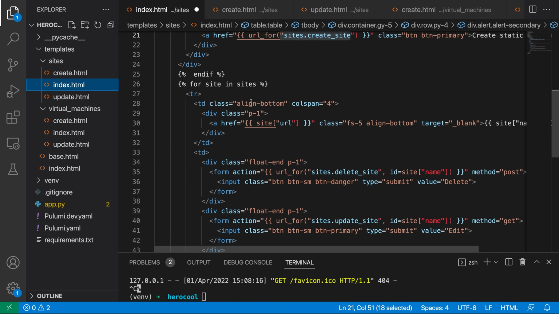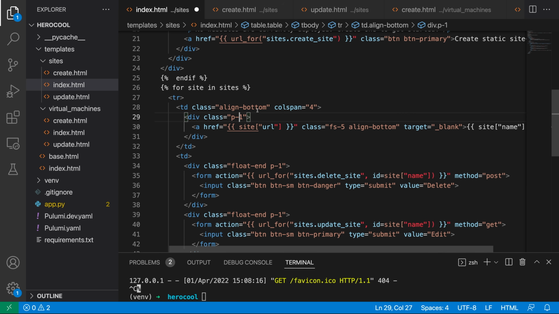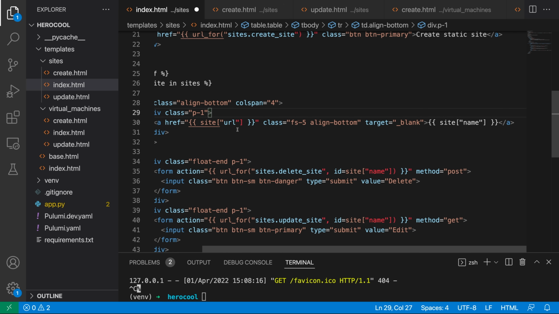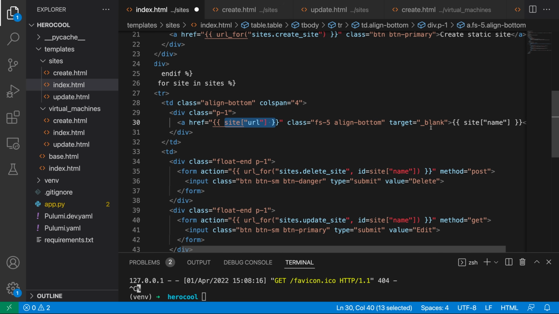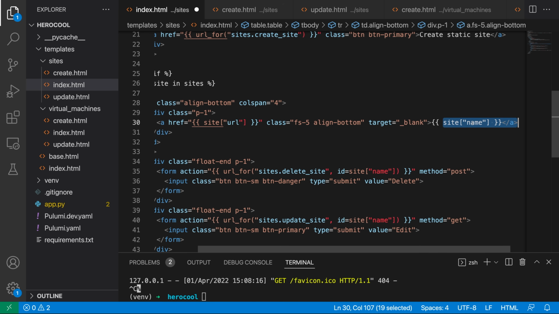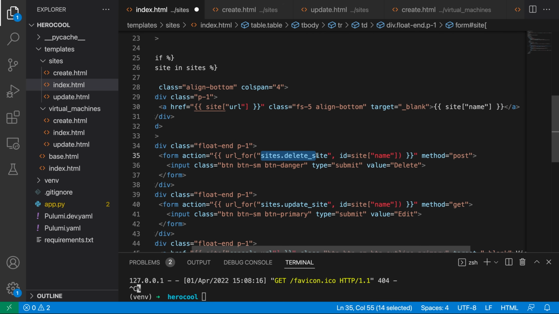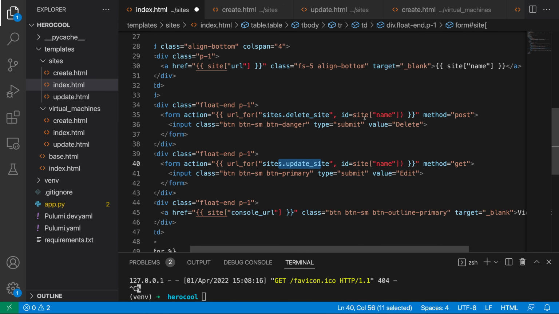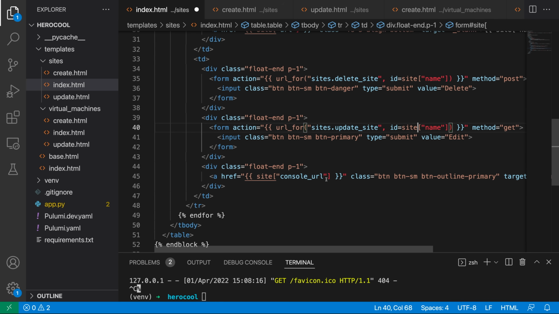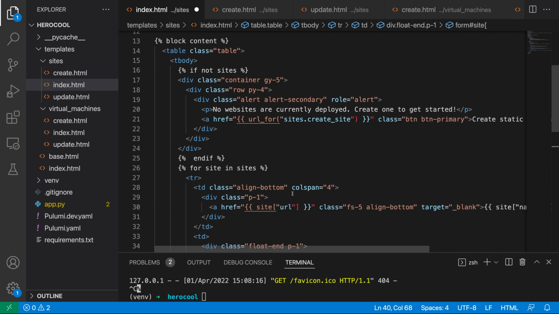But then, if there are sites, it's going to loop this for site in sites, and it's going to add this for each site. So you can see it's getting the URL for the site and then the name for the site, and it's getting a URL to delete the site and to update the site, and you can see the ID is the site name. So it's getting all this information from the sites list that we are going to create in Python, and this